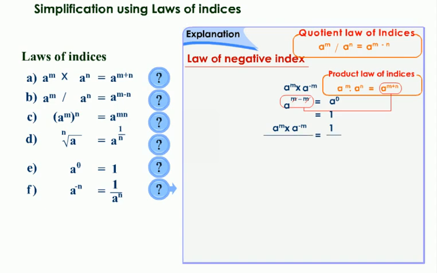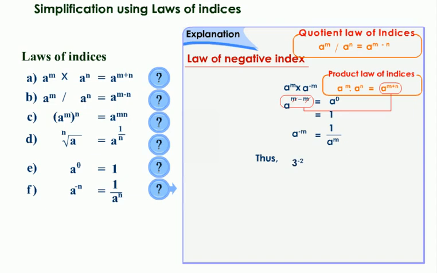Dividing both sides by a^m, we get a^m into a^(-m) divided by a^m, which equals 1 by a^m. On simplification, we get a^(-m) equals 1 by a^m. Thus,